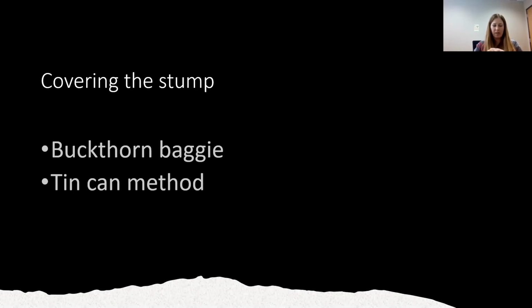We're robbing that stump of light resources, and any of the resprouts that try to grow can be set back pretty drastically. So it's worth trying on a small scale. Some people have had luck with it, and some people haven't, or have had bad luck. So it can be hit or miss, but it's definitely worth mentioning.